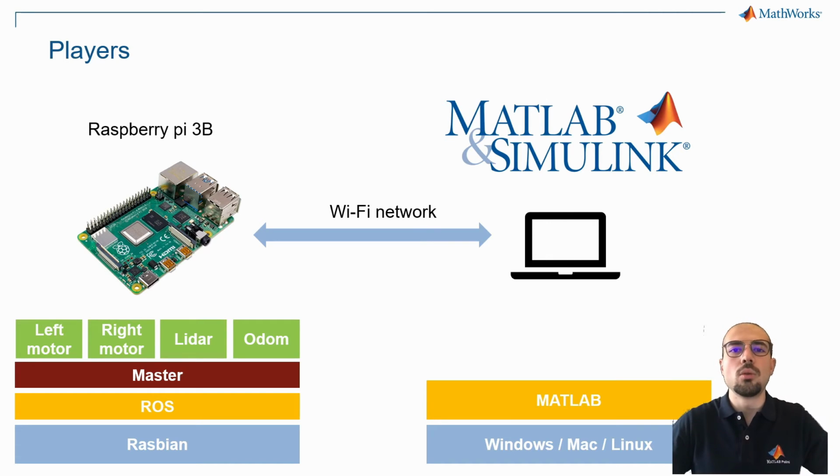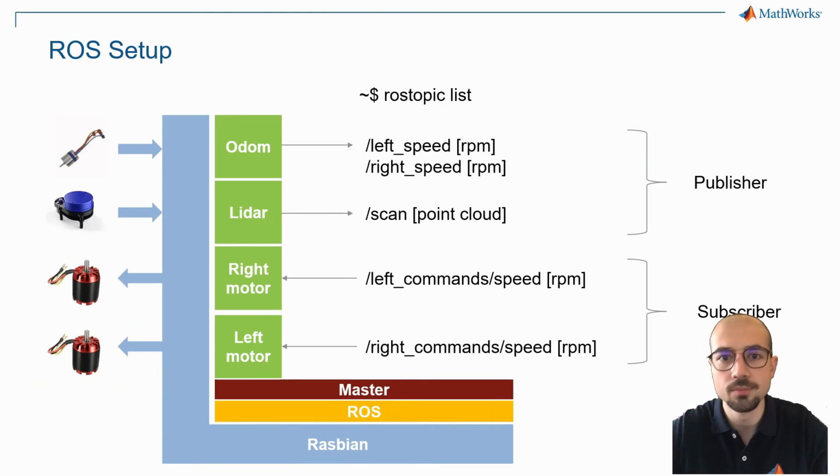Okay, so now we have understood how to install ROS on the Raspberry, and we have the computer ready. We now need to build and put the different blocks that here are in green in order to communicate to the actuators and read from the sensors. Let's see more in depth how this software is set up. In particular, from the bottom, we have Raspbian that manages the OS and the hardware interface, so the drivers. Okay. Then we have ROS.